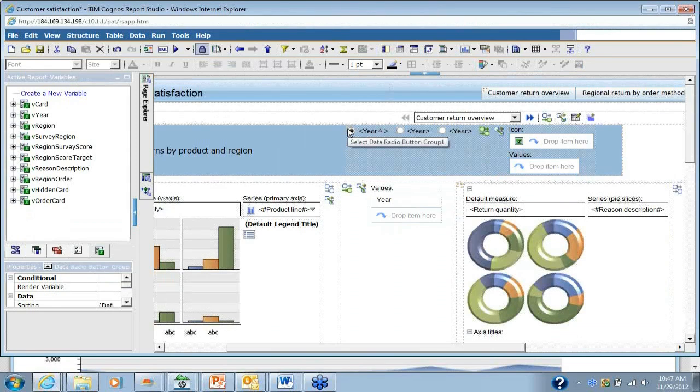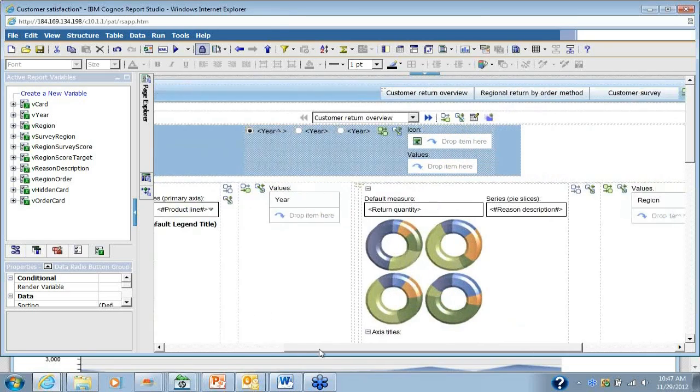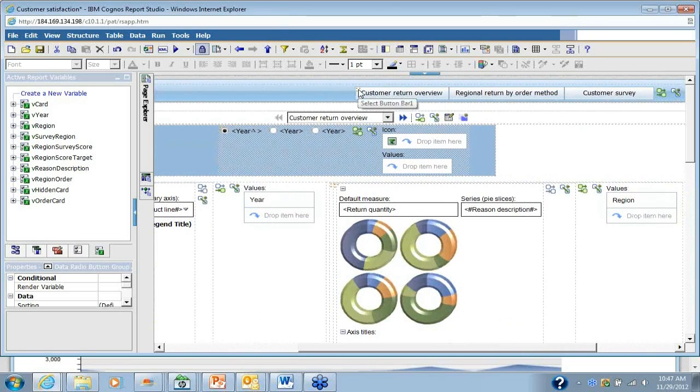What this does is it's a data radio button group, as you see here. It's data-driven, so it's a little different than how we assign values to these objects over here. We just simply type them in. Well, this is a little more dynamic. It's actually going to get the values behind the scenes from a query. So we're not saying the value of the year is 2005 and 6 in the object itself. We're actually deriving that from a query. So if I expand this out a little more,